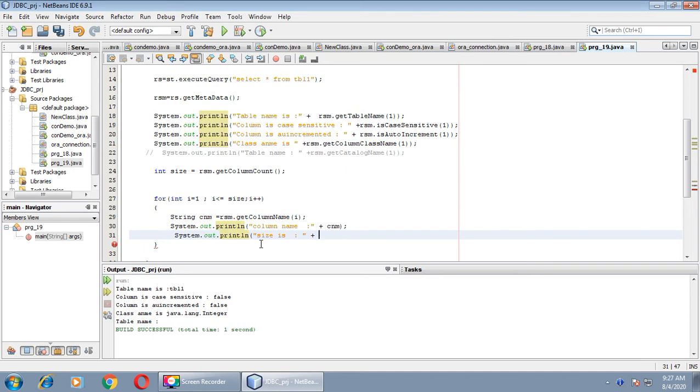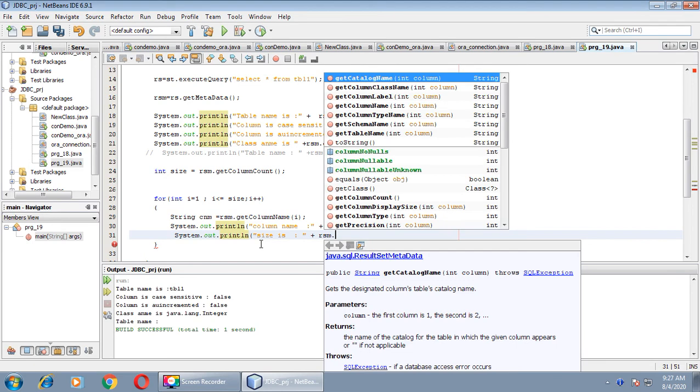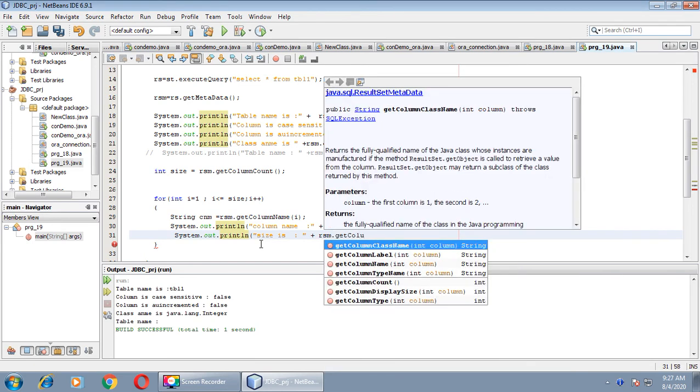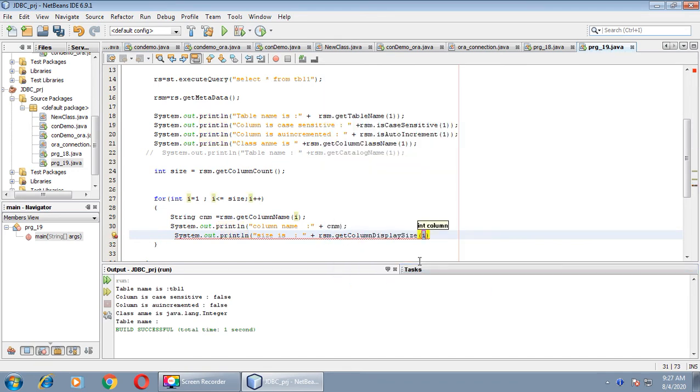But if you are printing on the same line, use \t for the separation, right? Here I will take rsm.getColumnDisplaySize and pass i inside this bracket.